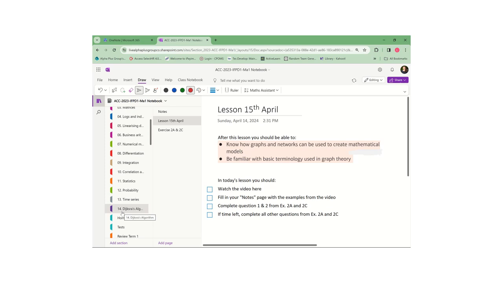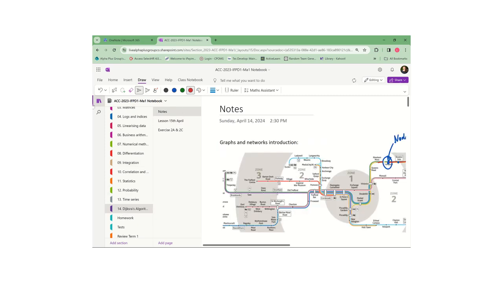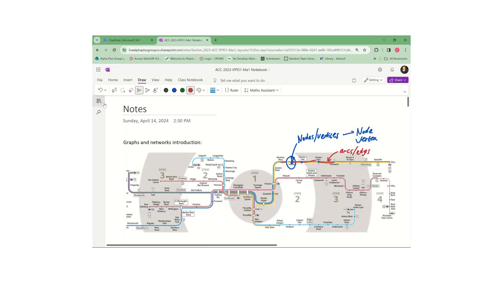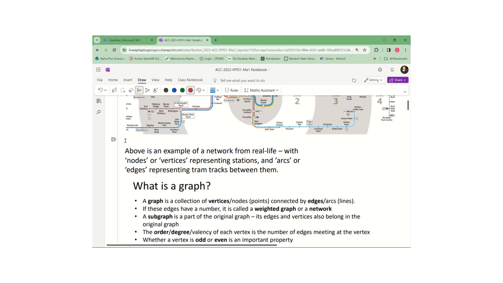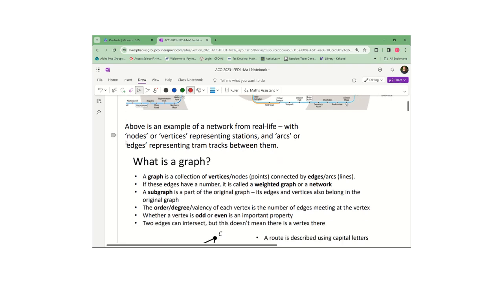First, today I just wanted us to concentrate on familiarising ourselves with basic terminology and understanding what graphs and networks are. So without further ado, I'm just going to talk through the notes. So please do make your own notes. Feel free to pause the video, make your own notes and so on as we go along. And yeah, let's see what we've got here. So